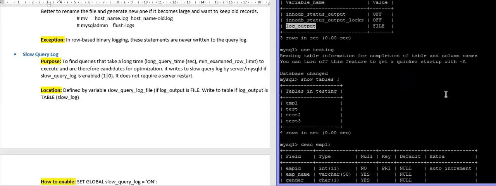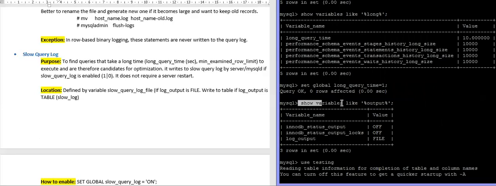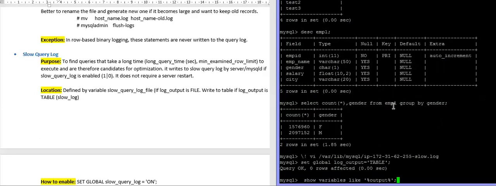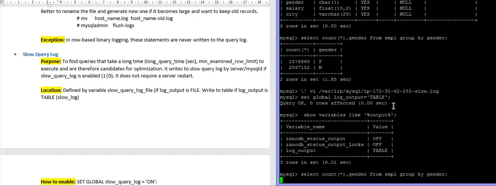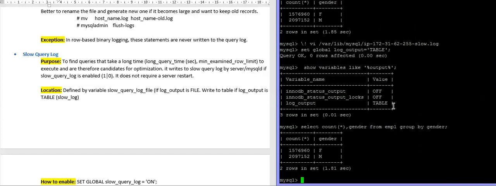Now you can see whether it has changed or not. It is table now. Now run that query once again. It took 1.1 seconds. Still it is more than 1 second. It should log. Now it will be in a system table.